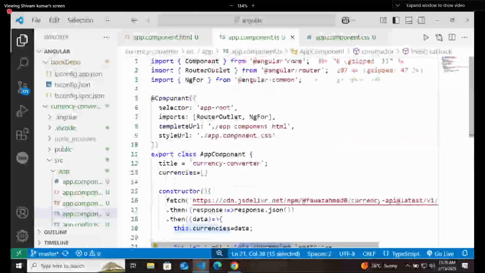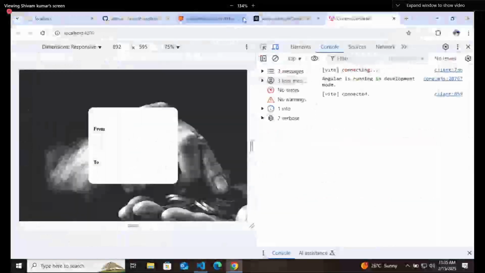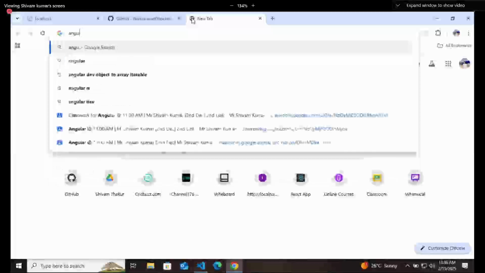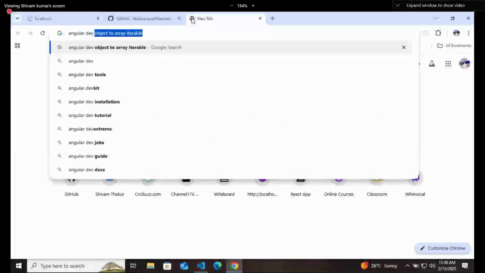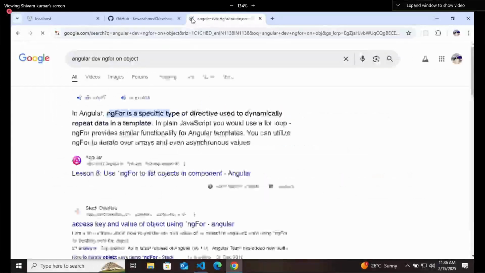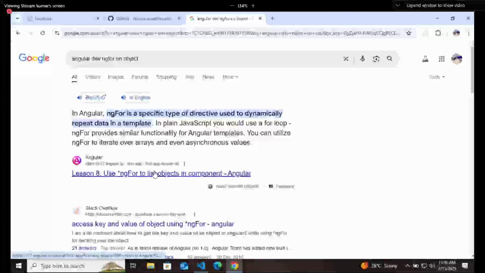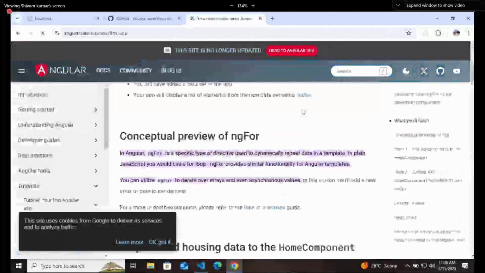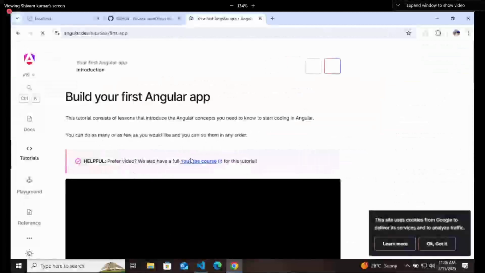Now go to the Angular Dev website and write ng for on object. Then you will come to the official documentation of Angular Dev.